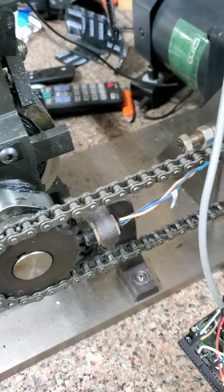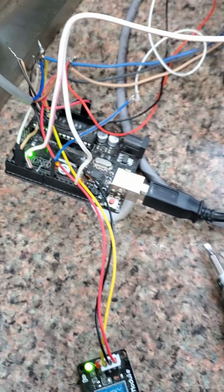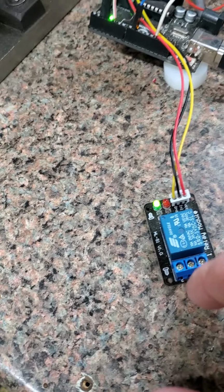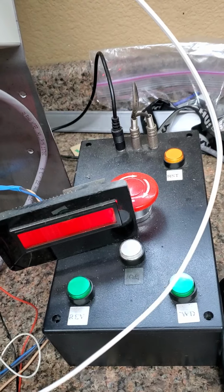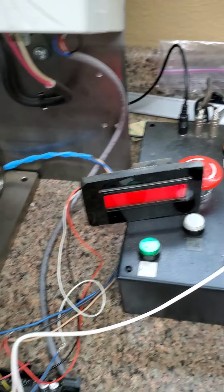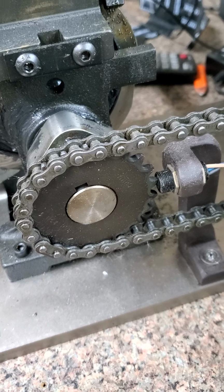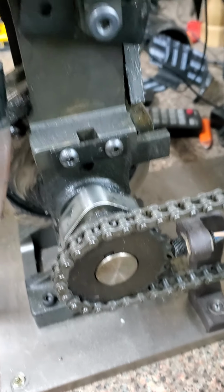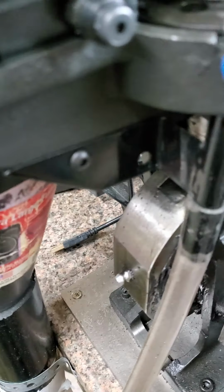error code. It's connected to the Arduino, and then the Arduino will ultimately go to a relay that'll hook into my power box to cut the power and stop the press. So the sensors I'm putting on it is that one to detect that if there's any mechanical issues. On the first station of bullet processing,